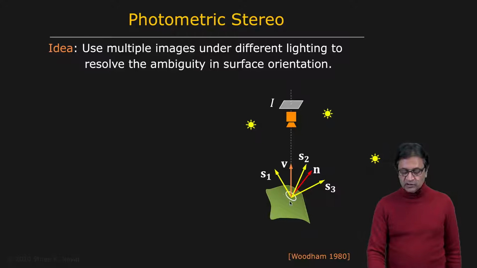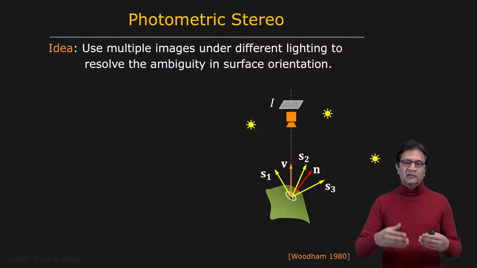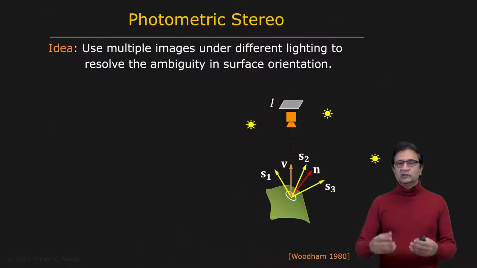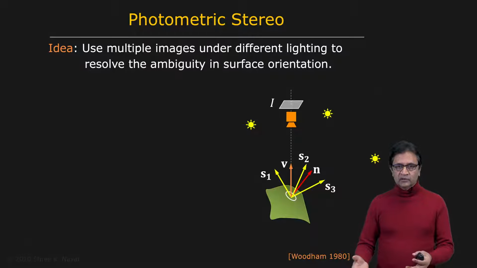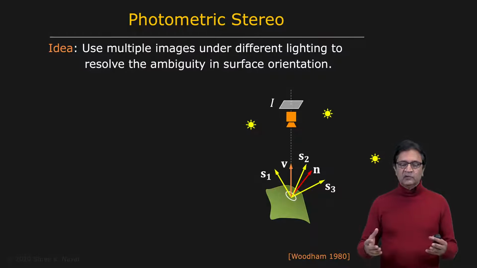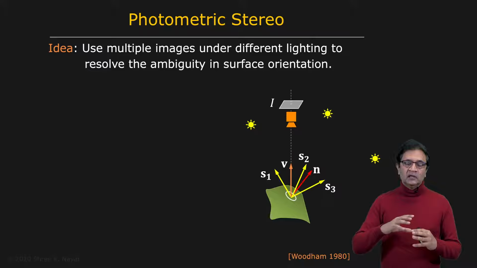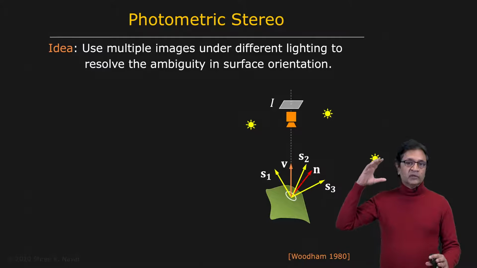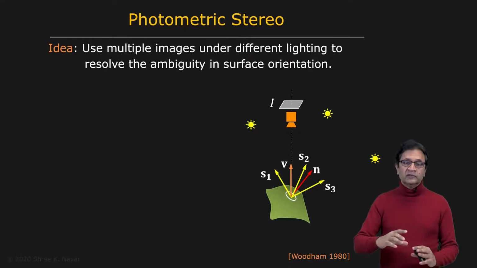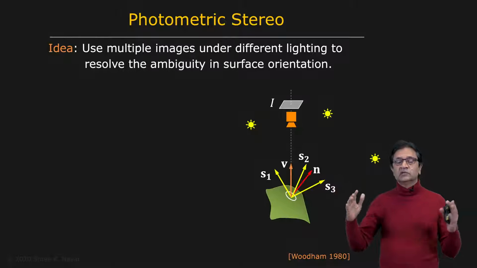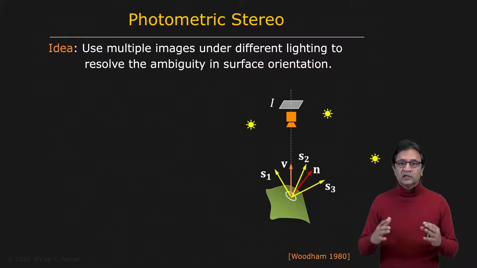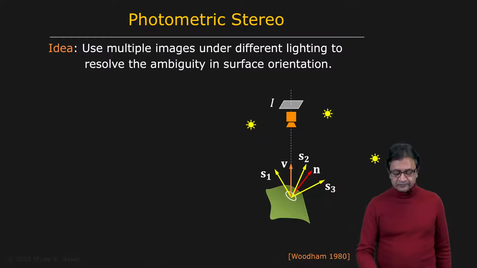So here is your setup. Again, we're looking at 1 pixel or 1 point right here on the surface, but the same algorithm is applied to every point on the surface. The assumption that we're making here is that the viewing direction of the camera is the same for all points on the surface, and the source directions are also the same for all points on the surface. In other words, the camera is far away and the sources are far away.